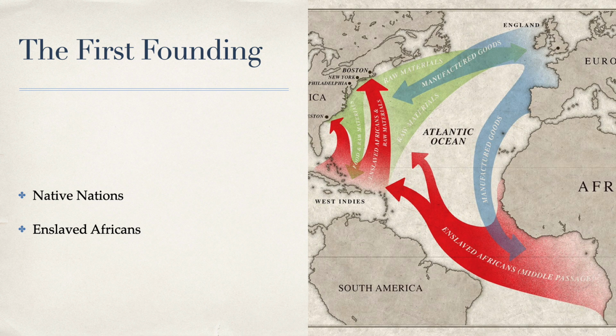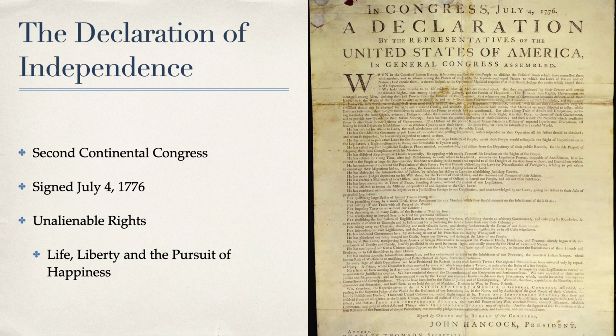Enslaved labor was responsible for the major agricultural exports of the colonies too. These included tobacco, rice, sugar, coffee, silver, and gold. And they were also essential to support manufacturing. In fact, New York was the largest slave-owning colony in the North. Slaves also literally built the plantations in the South, including the homes of George Washington and James Madison. So we need to keep these in mind as we're looking at the founding of the nation.